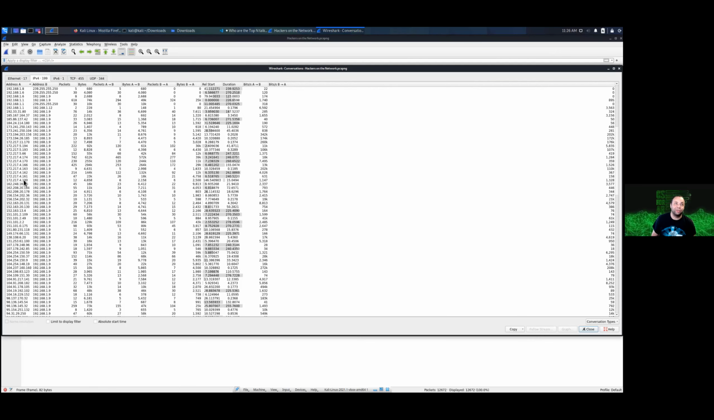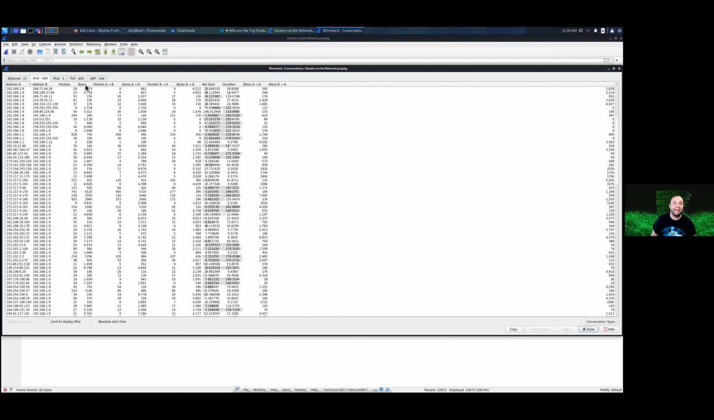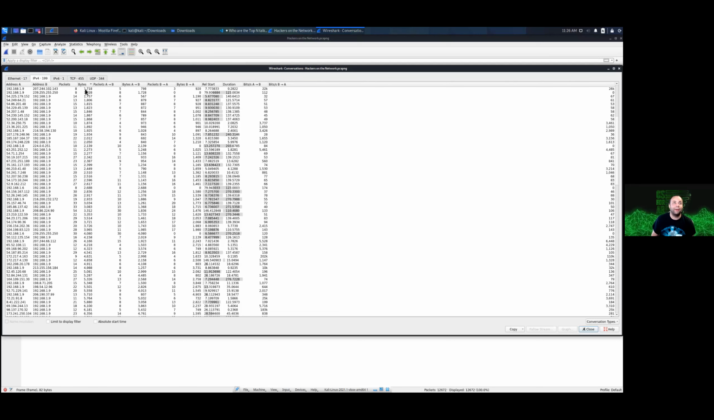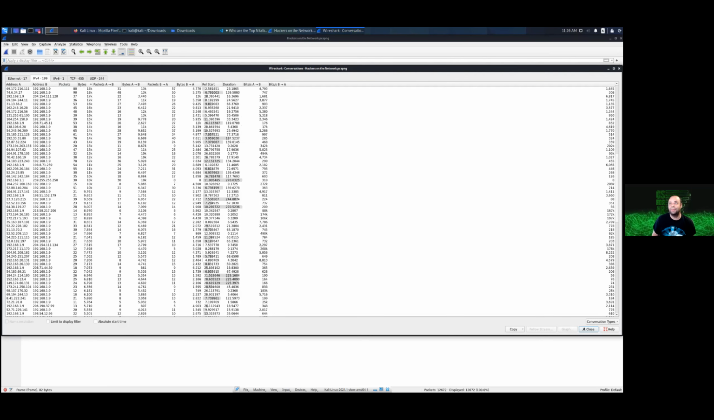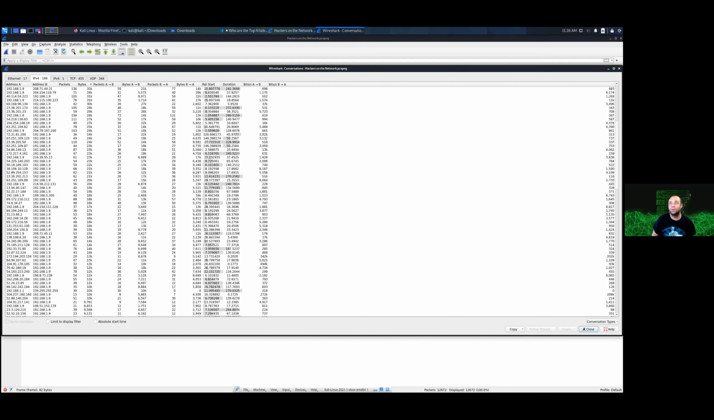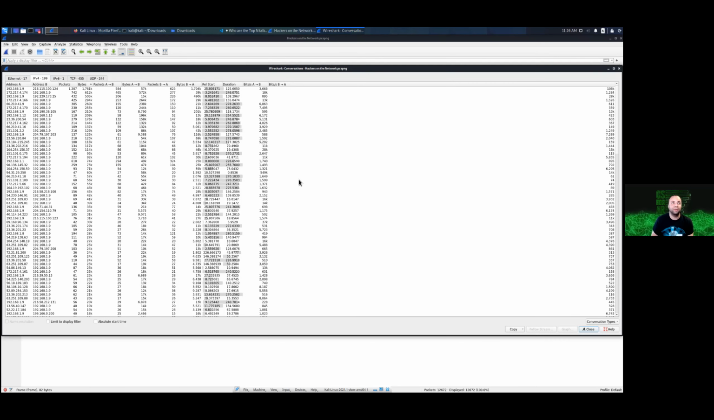What I think is particularly useful is sorting on bytes. Right now I've sorted in descending, and I want to sort in ascending. If I scroll up to the very top, it should show. Can I zoom in on this? I can't zoom in on this window, unfortunately. That's unfortunate. It's going to show me the communications that are the largest based on the raw number of bytes